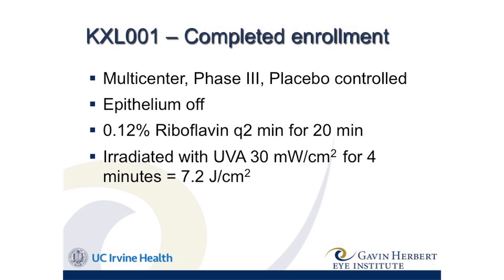Now, there are benefits to a placebo-controlled trial. There's no charge to the patient for the most part, and there is a crossover protocol, which I'll get into a little bit. It is epithelium off. Epithelium off is more painful, okay? But there's a lot of data to suggest that it's more effective. I'll talk a little bit about epithelium on versus epithelium off